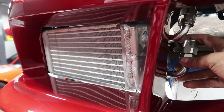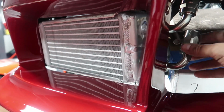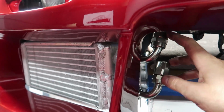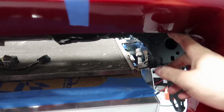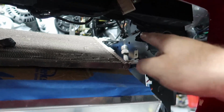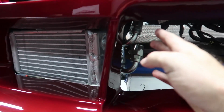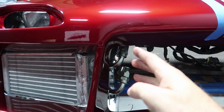So these are our dash 10 fittings, and obviously this needs to be tightened up a little bit, but these lines are going to come up and run across here, and then they're going to go down this frame rail and back to the engine. So they have to be here, but